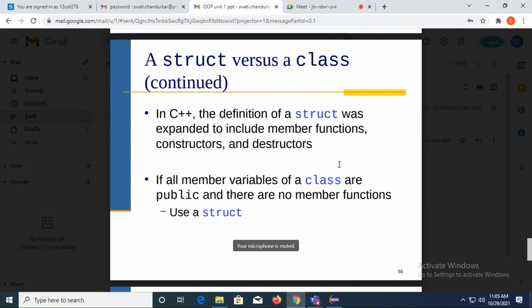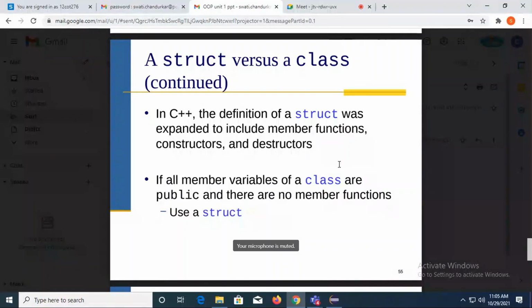If all the member variables of a class are public, then in that case we can use a struct. As I told you, a class is an abstract data type, but by default, if you're not specifying a data member's visibility, it will become private. And if you specify all the data members as public, can I say that the class is a structure?